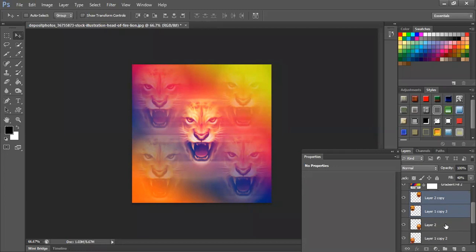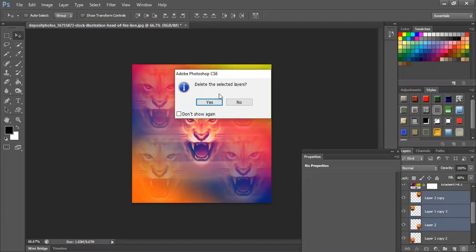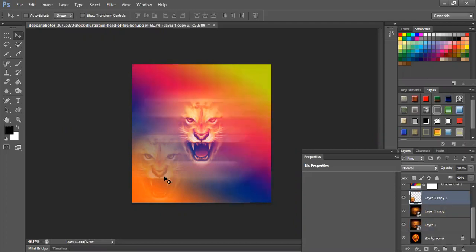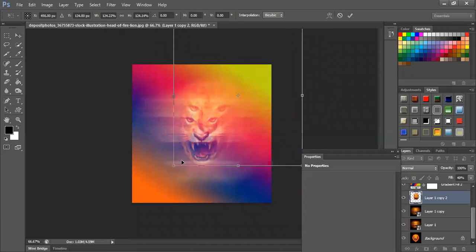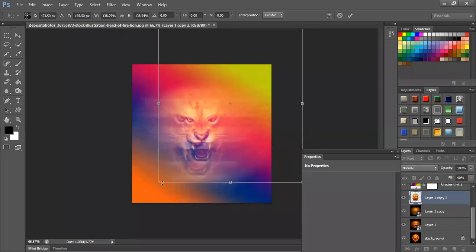Great. I think we should be done now. Got it, right? Okay. Now I'll show you one more thing you can do with the same effect. Just deleting all layers, leaving one aside. So this is one, the original effect. What you can also do is press Control T, increase the size of my layer and just increase the effect.